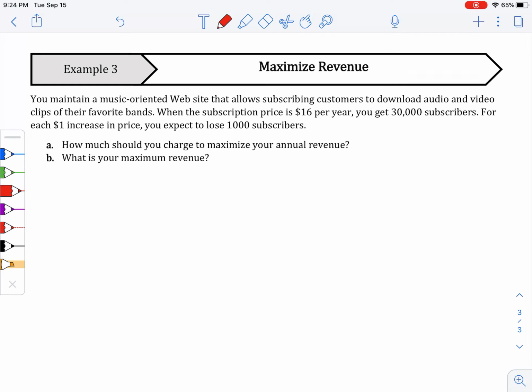So we want to know two things. We want to know how much you should charge to maximize your annual revenue, and what is your maximum revenue. So remember, when we have a parabola, the maximum of that parabola is again our vertex. So we're really interested in our vertex here. So kind of just like that first one. So first though, unfortunately, I need to build what my formula or my equation is, because I don't have that here. So it follows the general